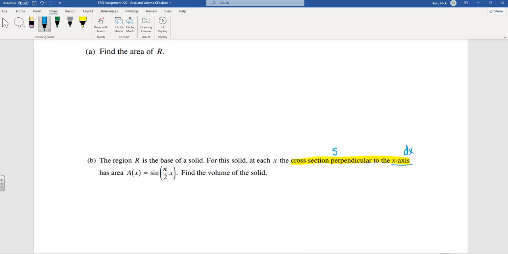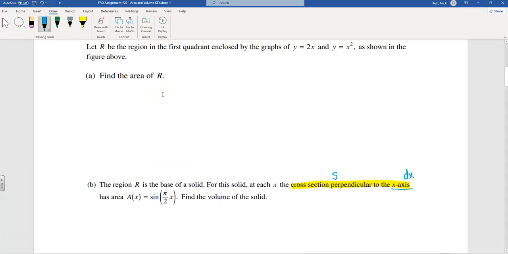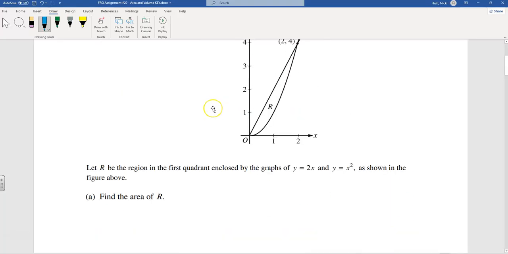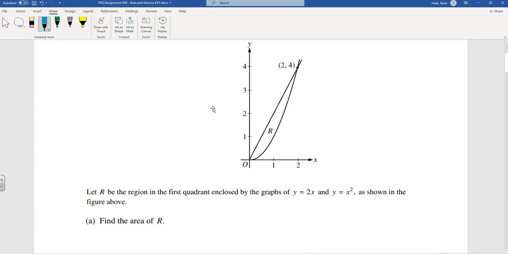So whatever the x value is, we just get the sine of pi over 2x. That's our area for that. So for this problem, where we normally were doing like A of x equals, and then we had our s squared, and then we plug stuff in, this is the formula for area that you are using, right? This is like your area of a square, your area of a circle, or area of a triangle. So if we look at our picture,